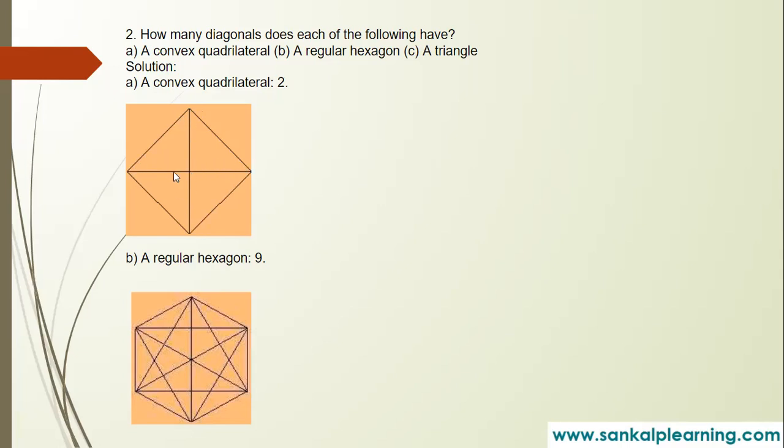So what is a diagonal? It is the line segment connecting two non-consecutive points, right? So joining the opposite points. If we join opposite or non-consecutive points, we get a diagonal. Here in a quadrilateral we have only two diagonals. Okay, children, the answer is 2.